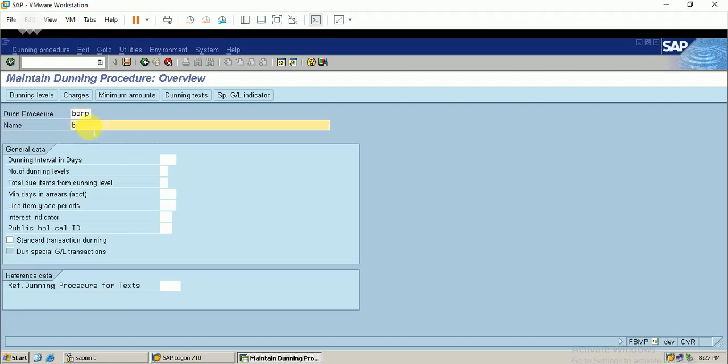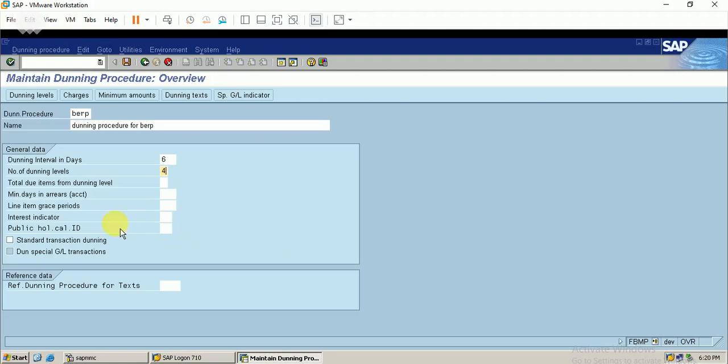Here is the dunning interval in days. I want my dunning letters to be issued every 1 week or 6 days. So this is the interval from one dunning notice to the other. For the number of dunning levels, I just go for 4. This is the maximum dunning level.